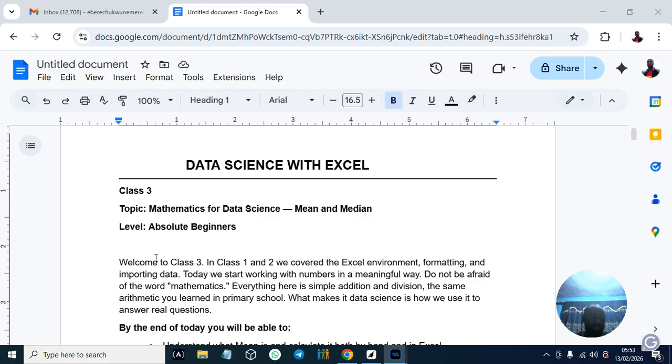Let's say the organization has 1,000 workers or more. You can't just come and be telling him each worker's salary. What will the MD be doing with that kind of data? He himself will be confused. He'll be asking, are you sure that this man knows what he's doing?